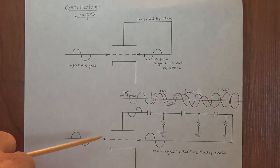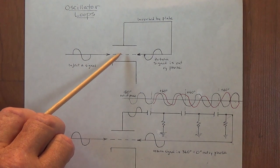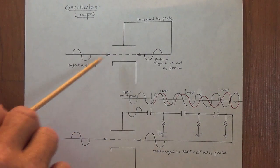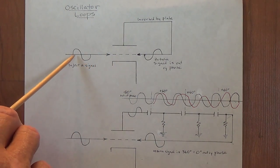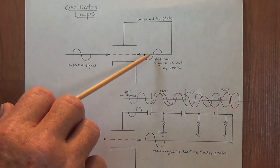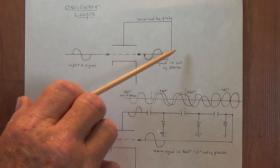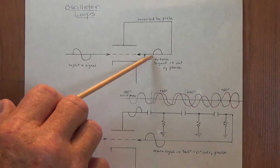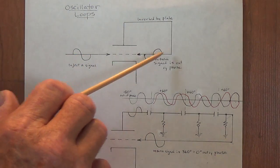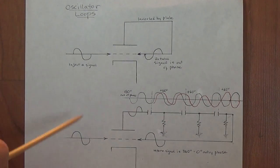The problem being, we know that phase inversion is going to occur between the grid and the plate. Therefore, if we feed in a signal that looks like this, the plate signal is going to be 180 degrees out of phase. So we will feed in a reversed phase signal, which in effect will cancel our input signal and will have no oscillation through our loop. So to solve this problem,